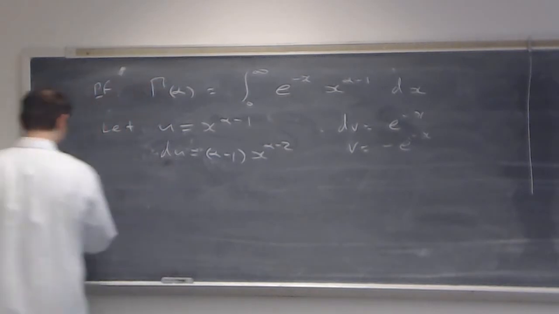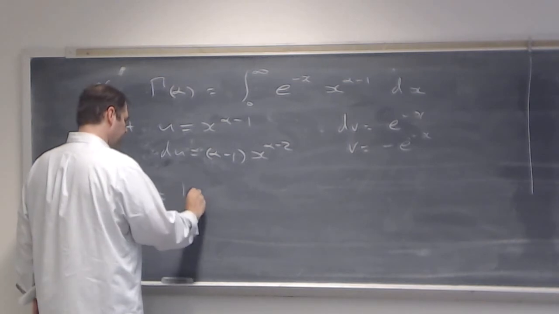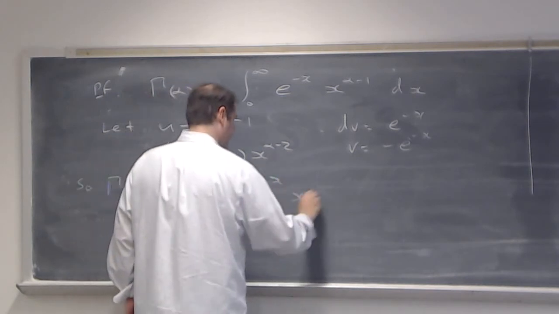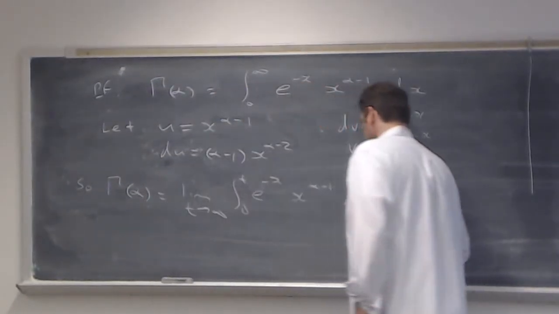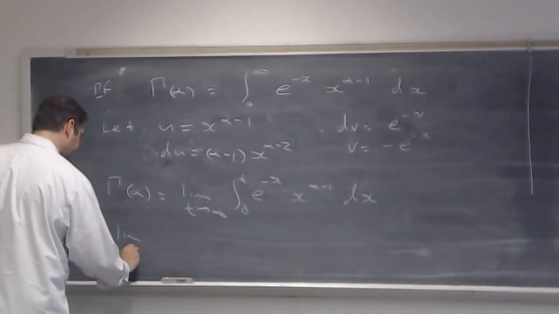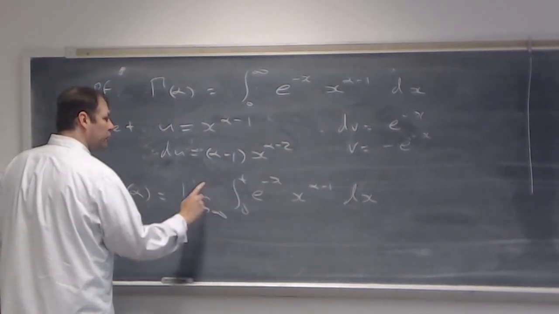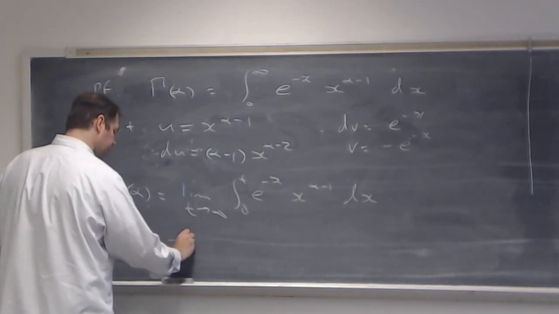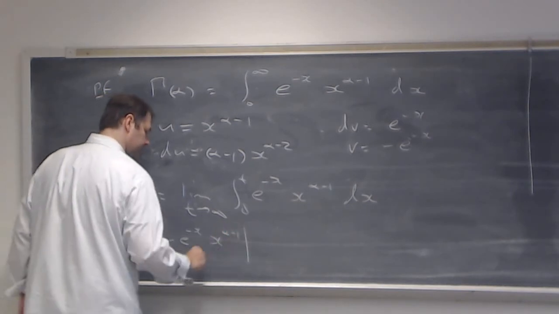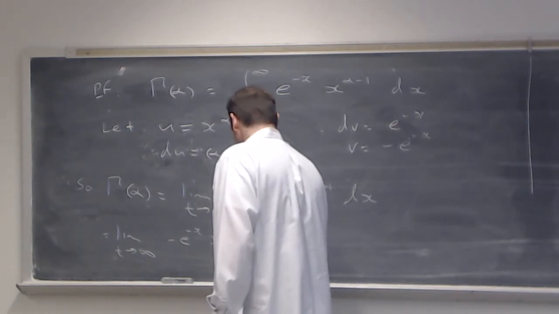So by integration by parts, we have gamma of alpha is equal to, let's rewrite this, the limit as t goes to infinity of the integral from 0 to t of e to the minus x, x to the alpha minus 1 dx. And then by integration by parts, this is equal to the limit as t goes to infinity of uv, so minus e to the minus x, x to the alpha minus 1, evaluated from 0 to t,